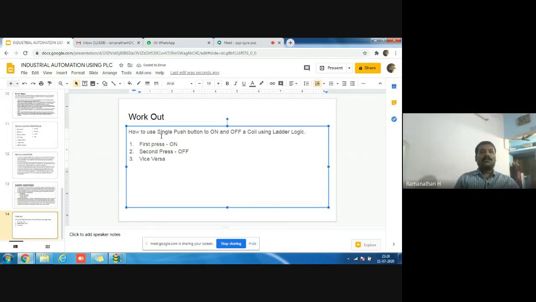It's a small exercise. As you try to complete it, we will discuss this exercise in the next session. In the next session, first we will discuss this exercise, and we will go for some starter circuit ladder logic programs like DOL starter and star-delta starter. How to write the program for DOL starter and star-delta starter.